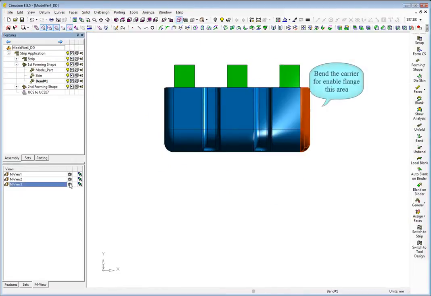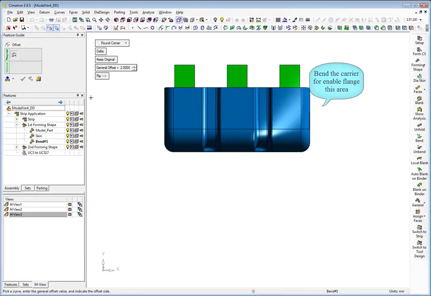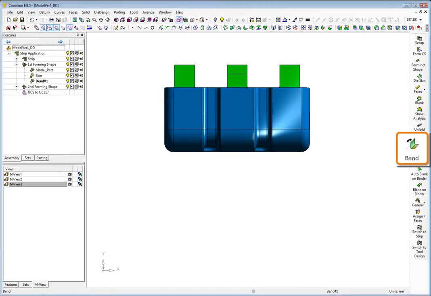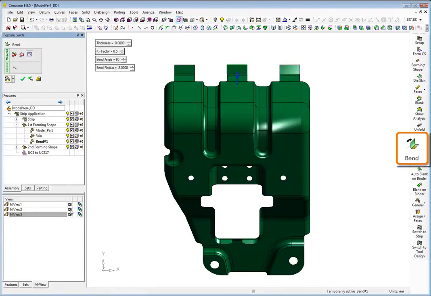In the following station, we would like to flatten both sides of the part without impacting the rest of the part. However, we see that we will not be able to perform this operation without bending the carrier first. We have therefore decided to bend the carrier in this station. We will perform the bending operation in only a few clicks, as can be seen here with the aid of